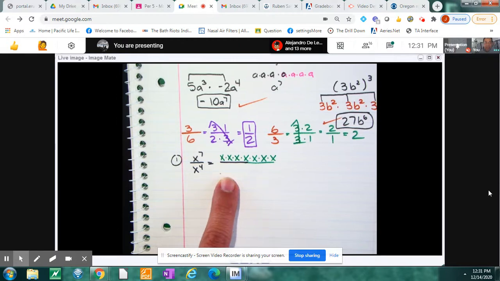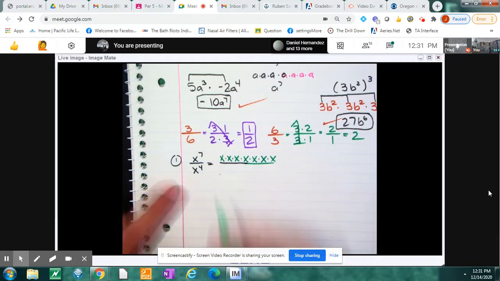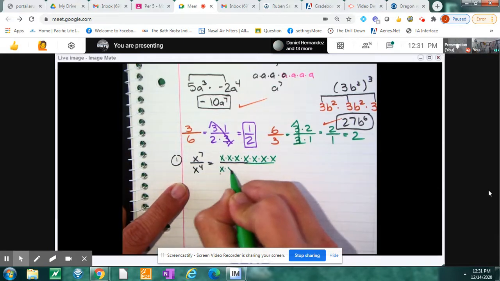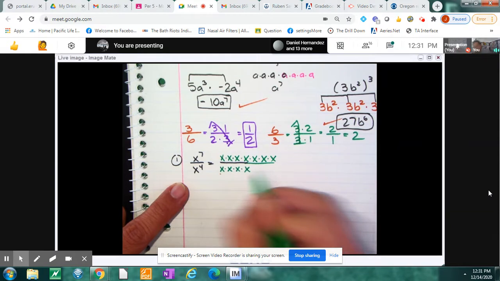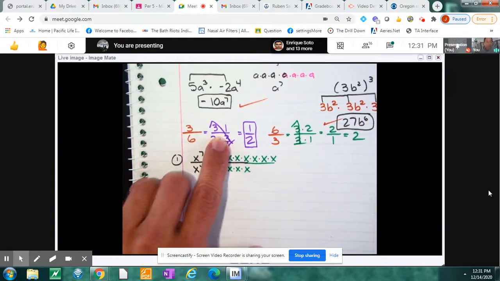How many? Yeah, very good. See, you know. I don't know stuff. Come on. You know. X times x times x times x. See that? Was that easy? All you did is broke it down. So now we're going to do the giant 1 concept, like the 3 over 3, but now we're going to,